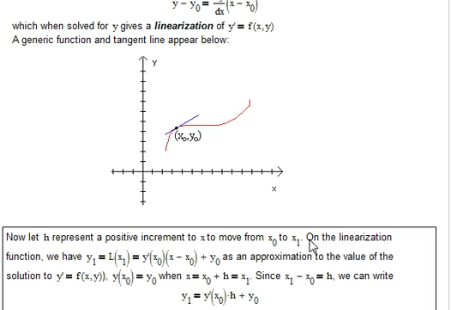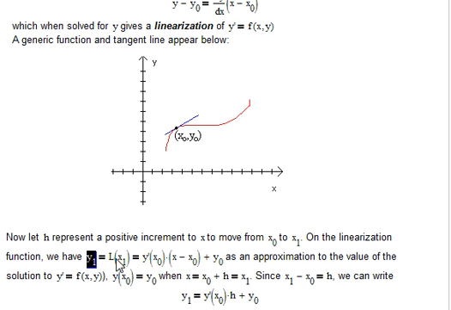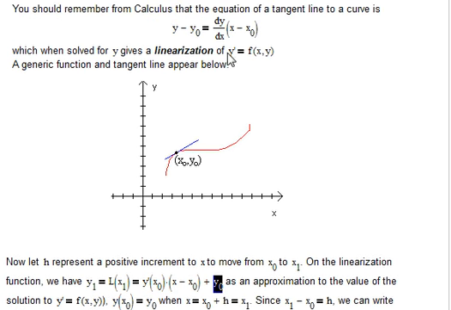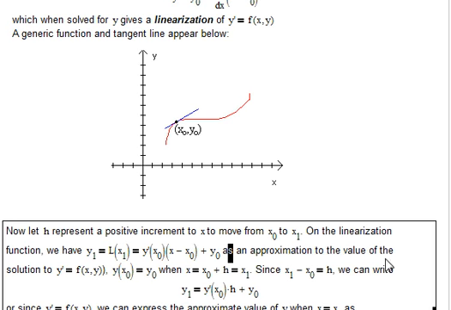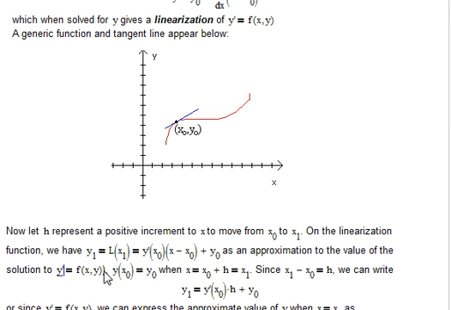So anyway, on the linearization function, we have y1 equal the linearization at x1, which is y prime at x0 times x minus x0 plus y0. That goes back to here, but solved for y. So that's an approximation to the value of the solution to y prime equals f of x, y at, well, this one